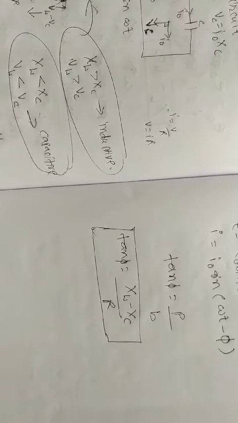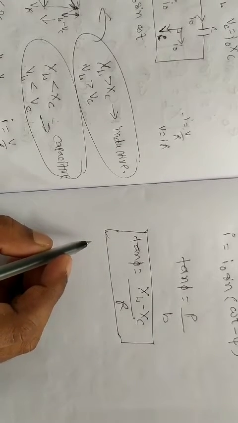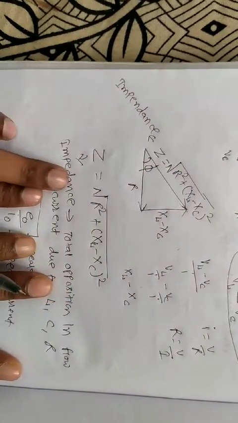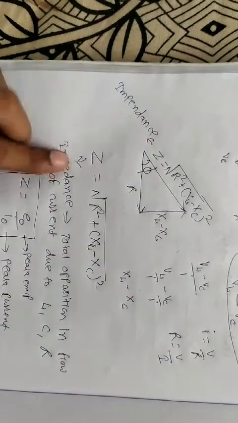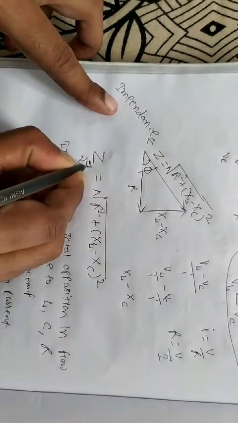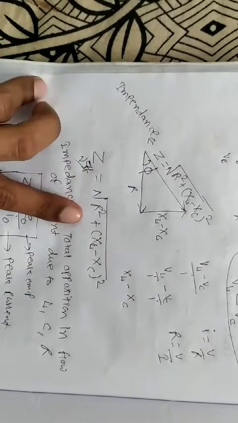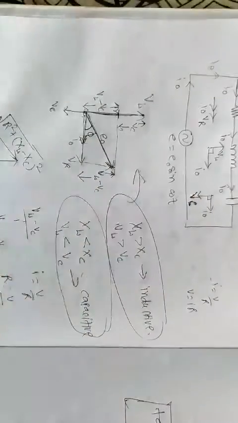Now another thing is how we will calculate minimum impedance. One question is coming: when will the impedance be minimum? They will ask you to derive this equation, that in the AC circuit the net, that means effective impedance. What is this? Effective impedance, that means net impedance, will be equal to square root of R square plus (XL minus XC) square. So can you derive it like this?